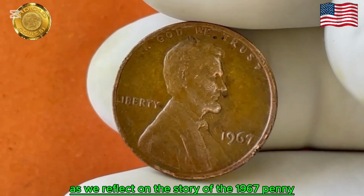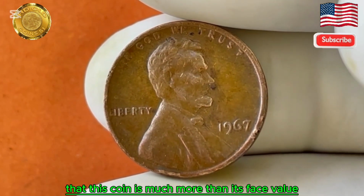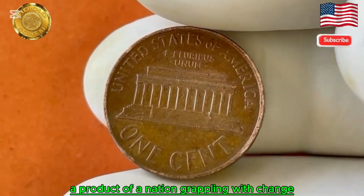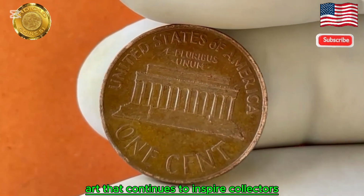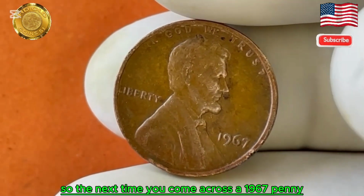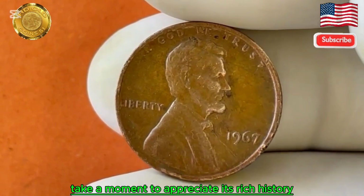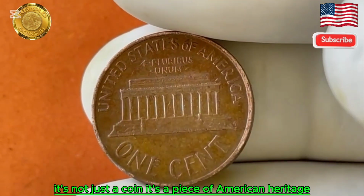As we reflect on the story of the 1967 penny, it becomes clear that this coin is much more than its face value. It's a symbol of resilience and innovation, a product of a nation grappling with change, and a piece of art that continues to inspire collectors and history enthusiasts alike. So, the next time you come across a 1967 penny in your collection or your pocket, take a moment to appreciate its rich history and the stories it carries. It's not just a coin. It's a piece of American heritage,